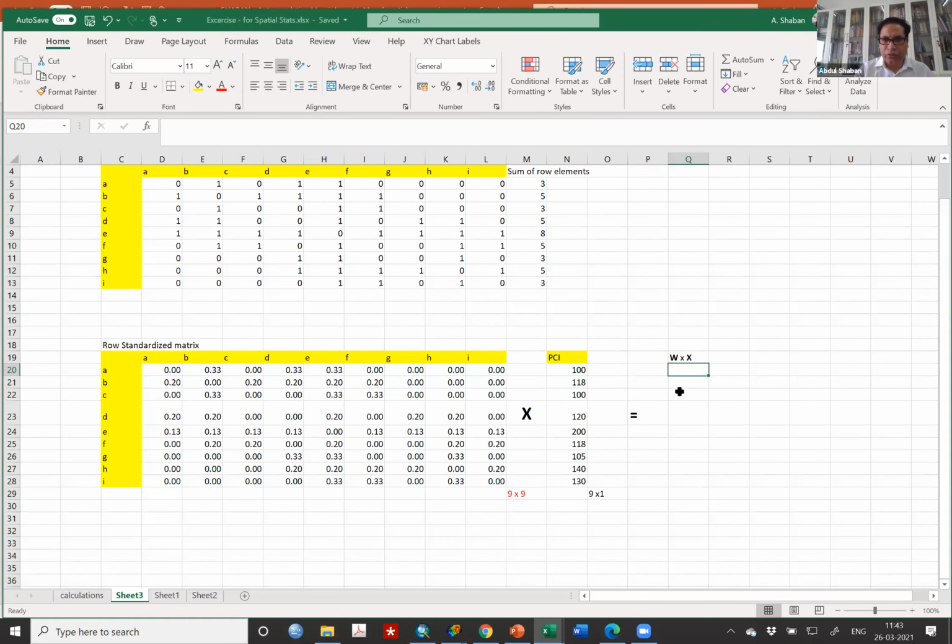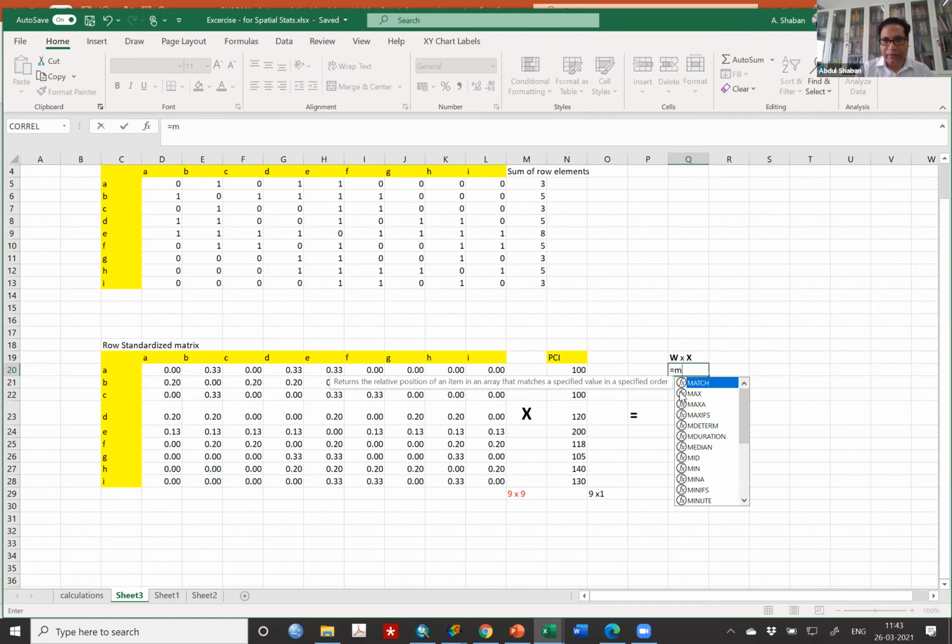And so what you do, there is a function in Excel. Many useful functions are there in Excel. Press equal and you type MMULT, matrix multiply, M, and then MULT, just see, matrix multiplication, that one. Now matrix multiplication, this is a function, and after that followed by a